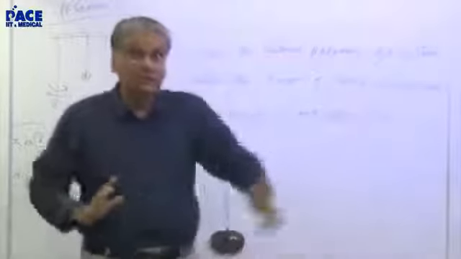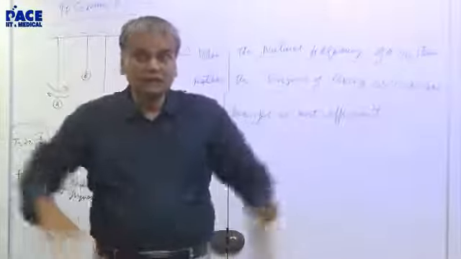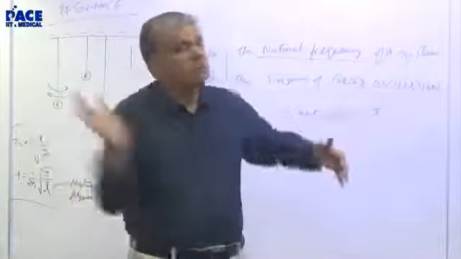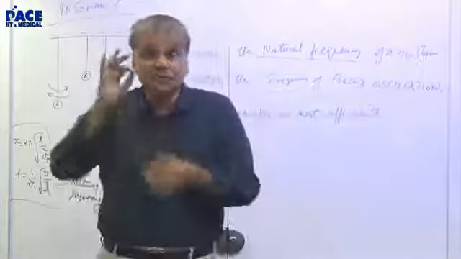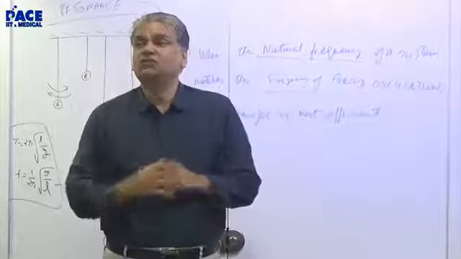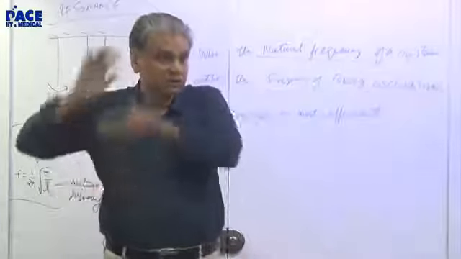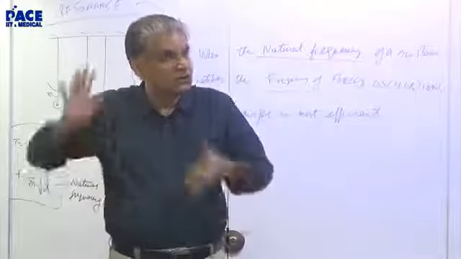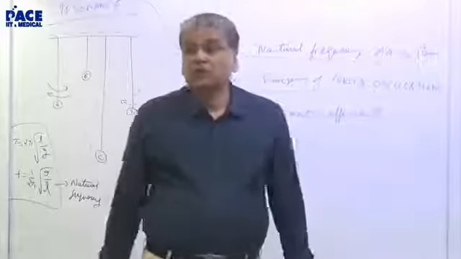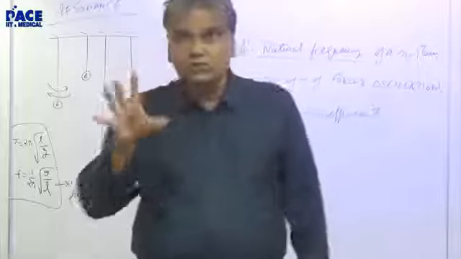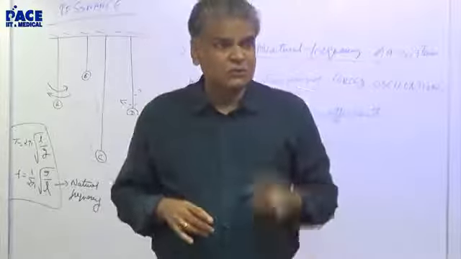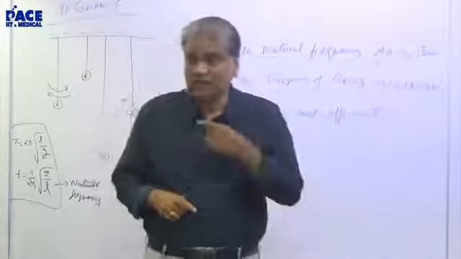क्योंकि when the thing comes here, then you say go that, and then it comes here, you go that. You don't keep on putting the effort. The effort has to be put at the right moment, at the nick of the moment. So what is happening? When you do it like this, your frequency is matching, no? When it comes back, then only you hit it. You don't hit it on the way. So the way you are forcing it is matching the natural frequency. Then the swing will swing well.